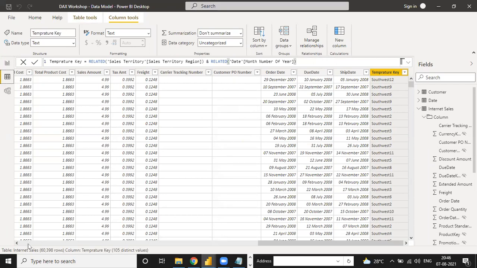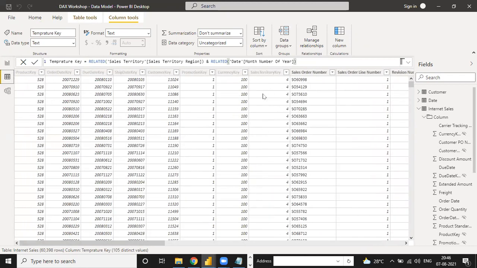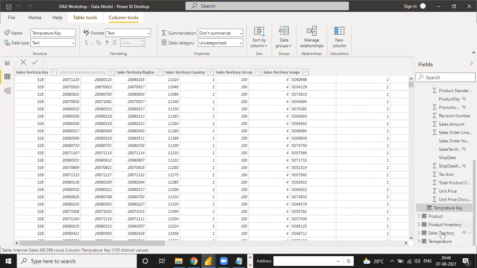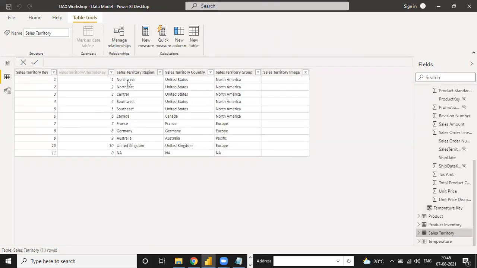मैं बता रहा हूँ, देखो ऐसे डिफाइन कर रहा है। सेल्स टेरिटरी की है नंबर 4। देखो हमने क्या चूज किया था, सेल्स टेरिटरी की अंडर द सेल्स रीजन। सेल्स टेरिटरी की में जाओ, और देखो फोर्थ इज द रीजन ऑफ साउथ वेस्ट, 5 is southeast, 6 is Canada, 7 is France, 8 is Germany, 9 is Australia.